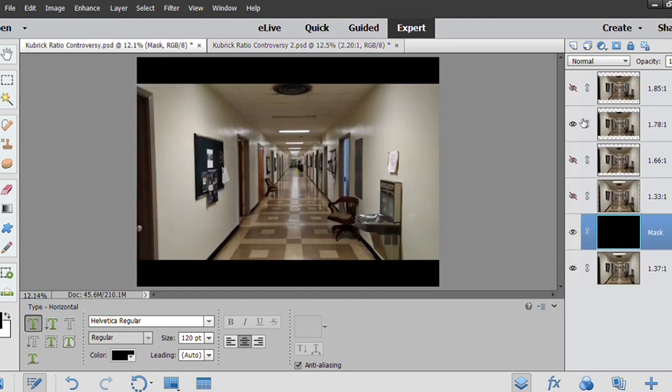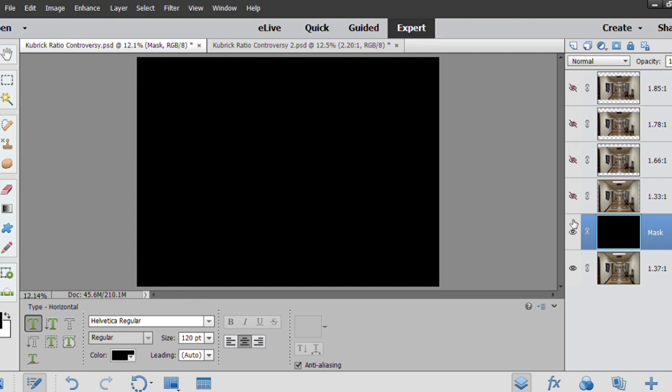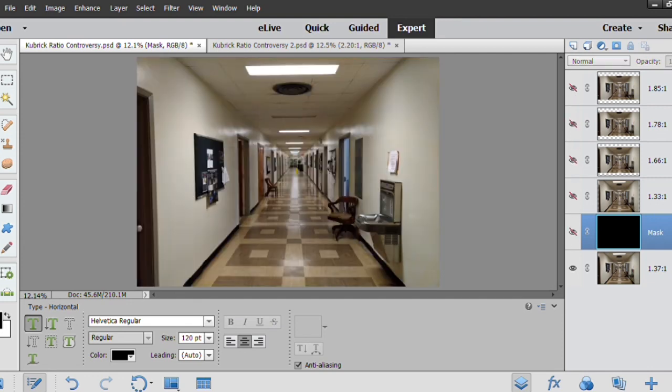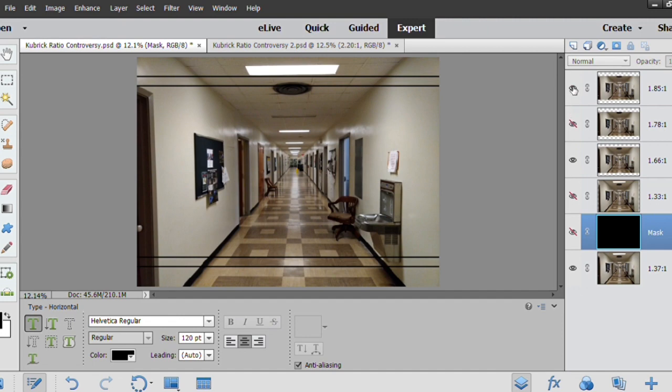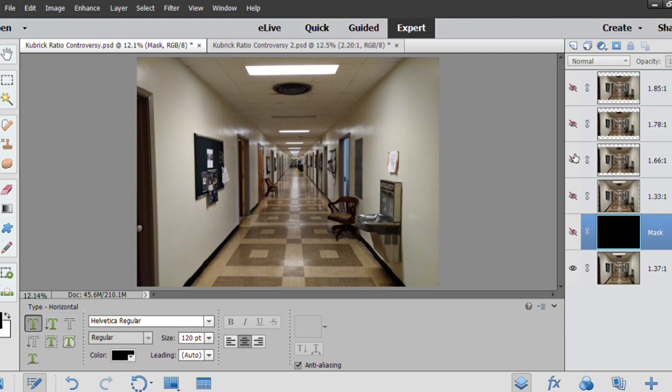Reason 2 is the multiplex film system. At the time, most cinemas were just single theaters. And at these single theaters, the projector would run the film through at a 1.37 to 1 aspect ratio. Whether it was widescreen or not was defined by either a gate, which would crop it down to a widescreen aspect ratio, or by an anamorphic lens, which is a completely different setup that we're not going into at all because Kubrick generally didn't shoot with anamorphic lenses.